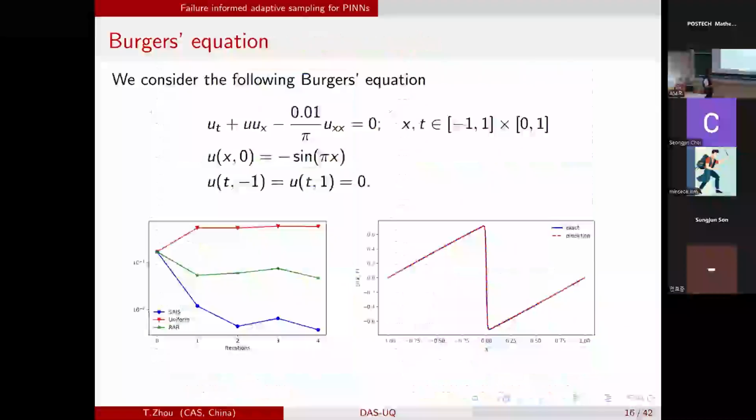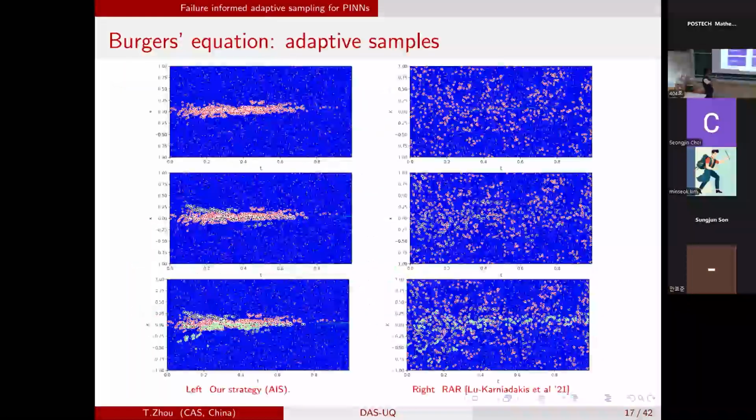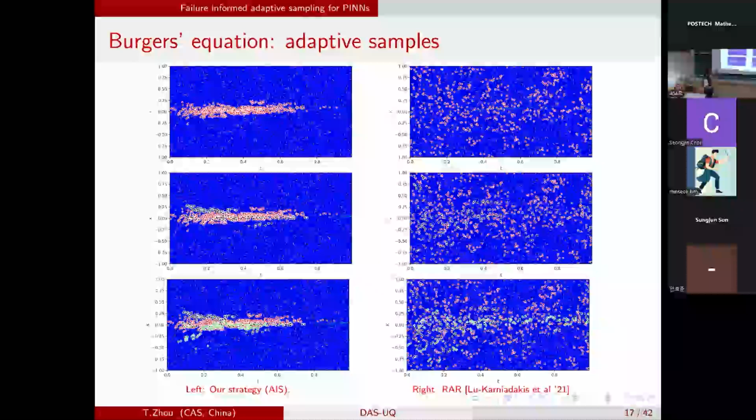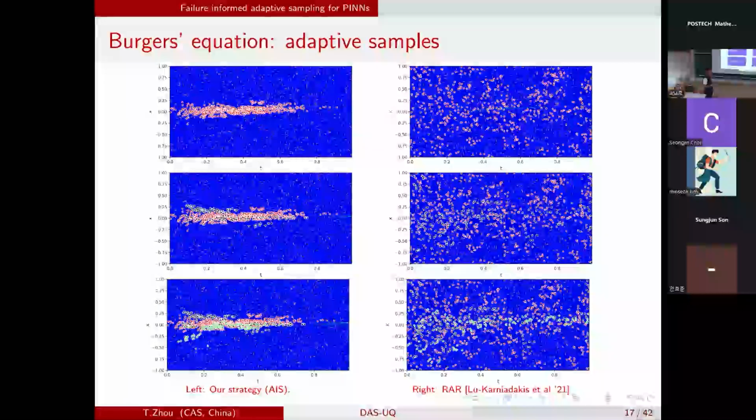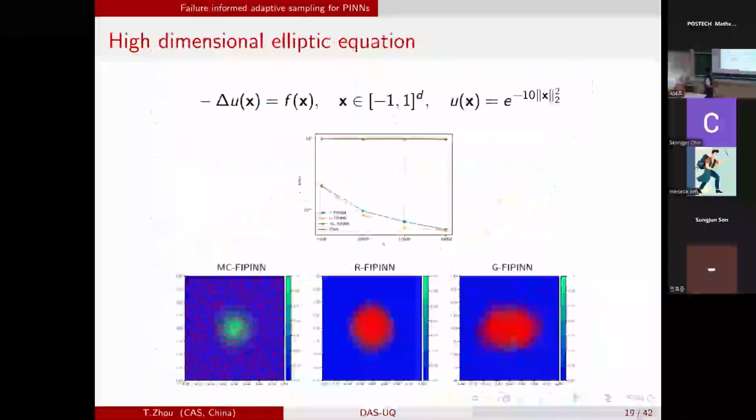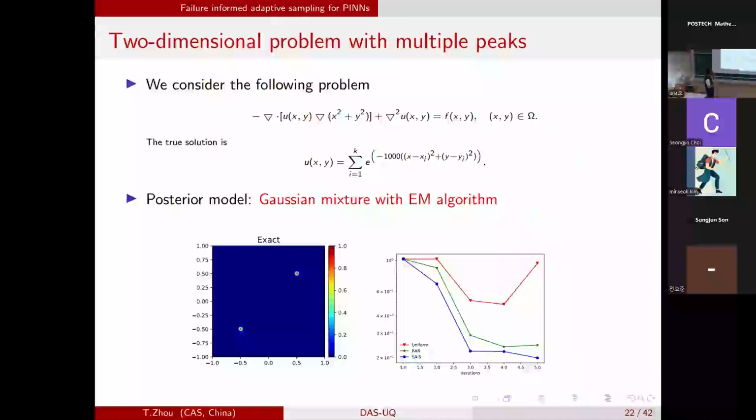So the solution, you can see it's very simple: it has this singularity line, and in other regions it is very smooth. Similar to this one. In this solution you have the singularity here, but in most of the domain the solution is 0. You don't need to do anything there actually.